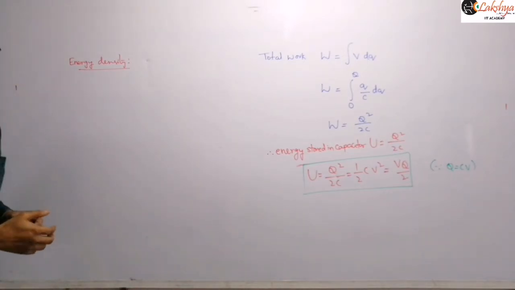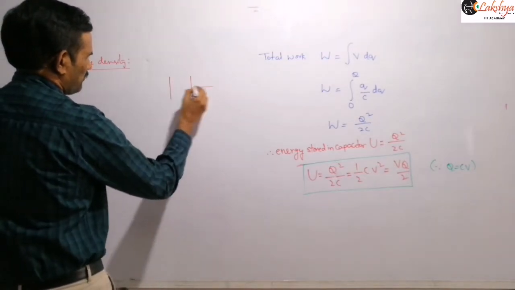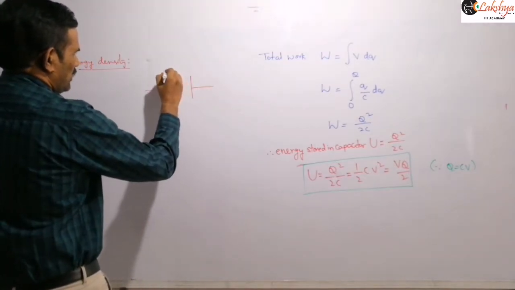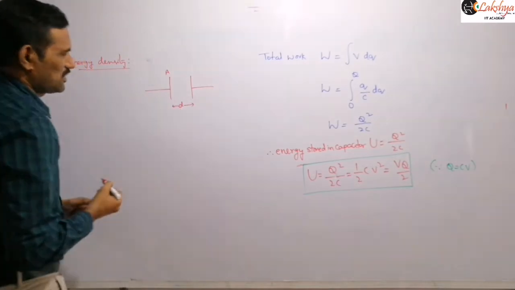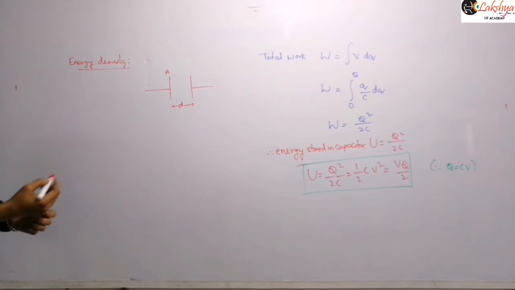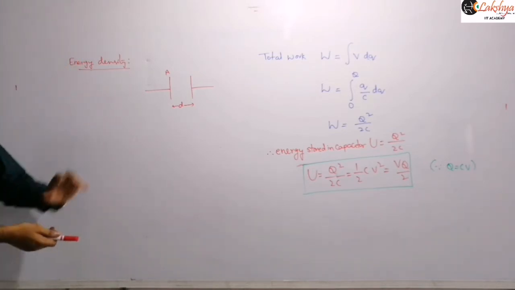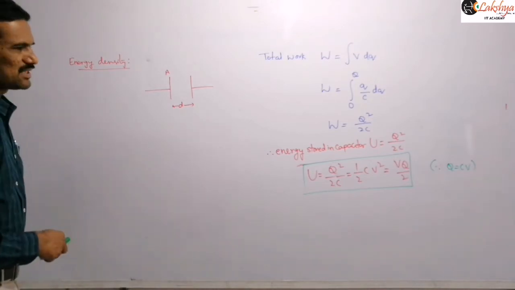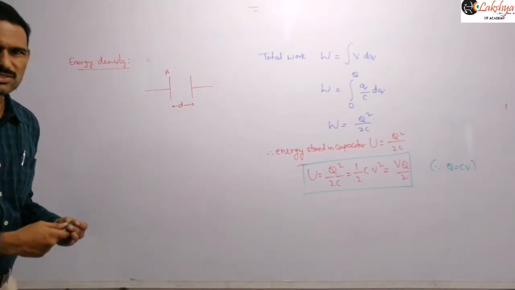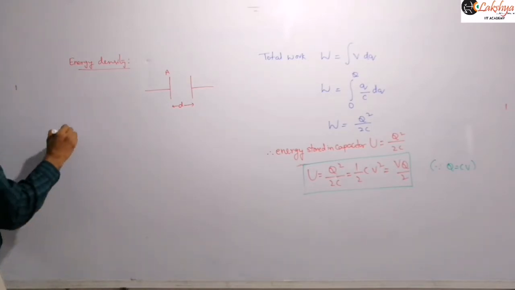You know energy density is nothing but energy per unit volume, right? Now suppose let us take this capacitor is having the area of the plates A and D is the separation between those two plates, right? That is the dimensions of the plates we are assuming. A is the area of each plate and D is the separation between those plates. And now let us write this energy density here. You know the meaning of this energy density. Energy per unit volume, in electrostatics in Gauss law we defined already.